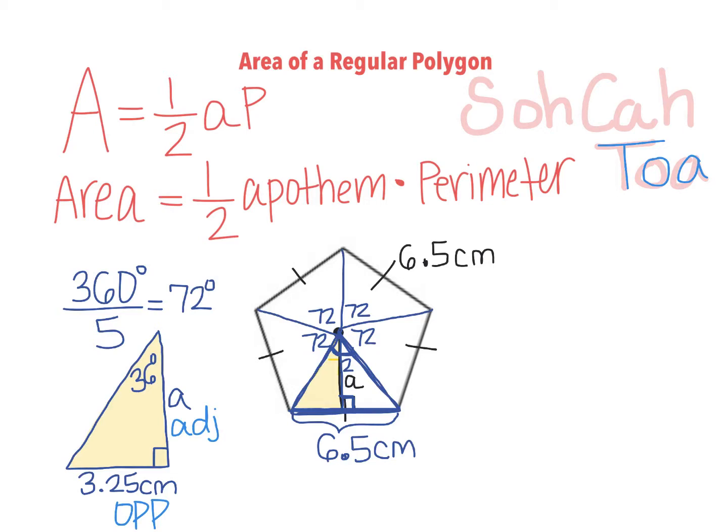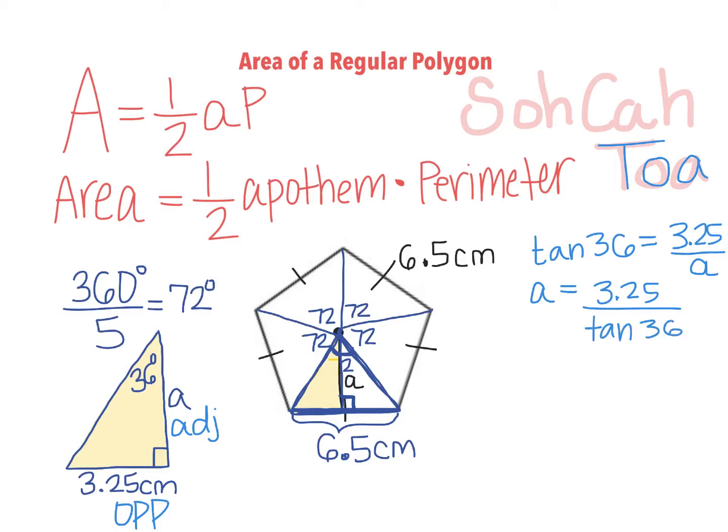So let me write this over to the right-hand side. I know that tangent of 36 degrees is equal to opposite over adjacent, which is the one that I'm solving for. Okay. So using algebra manipulation, we're going to find that our apothem is going to be 3.25 divided by tangent